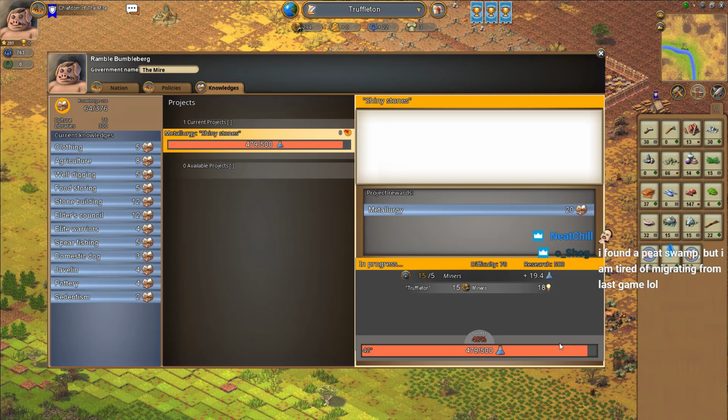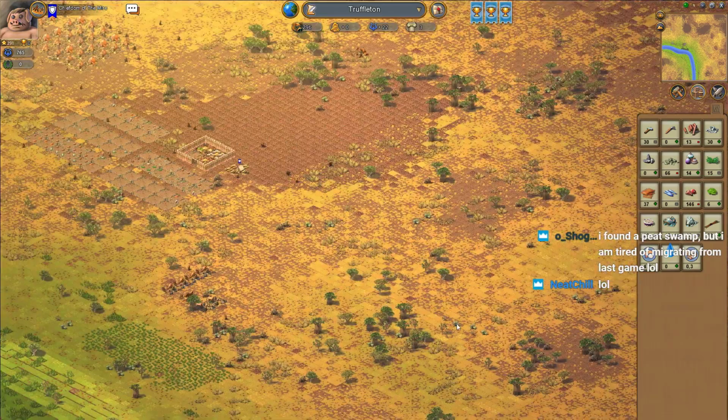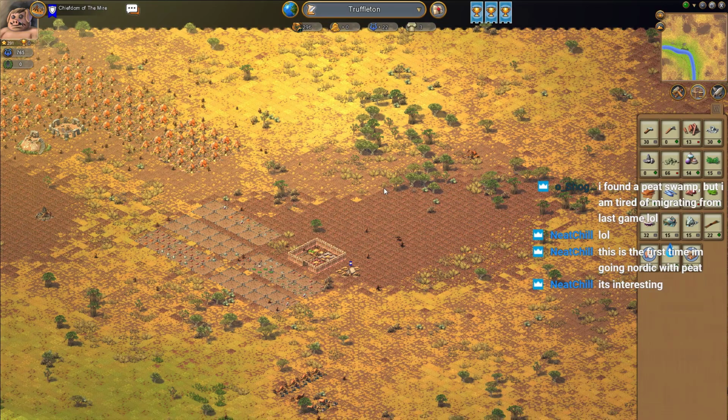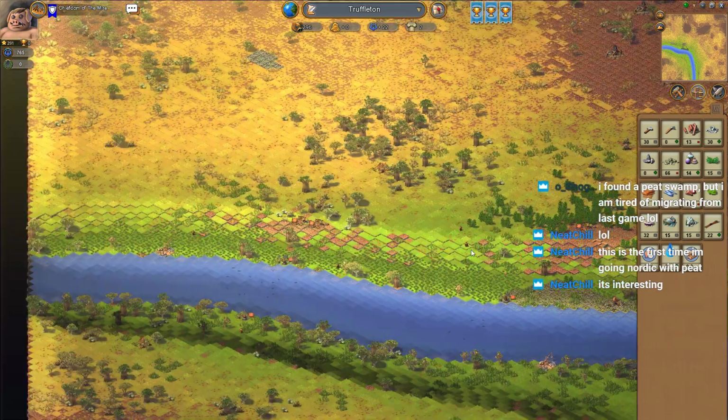Found a peat swamp. Tired of migrating from last game. Well, peat swamps are great. Hey, wait. Shogun, how did you find a peat swamp? How much exploring are you doing, dude? That's impressive. You've gone from the desert up to a Nordic peat swamp? Very nice. I think Nordic is the only place that it used to be, anyways. The only place that you can get peat swamps. 75 sows. We're making a population growth of 4.8. Yeah, I did a short Nordic run on single player back in the day. It's pretty fantastic,